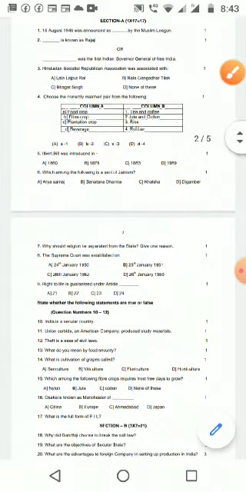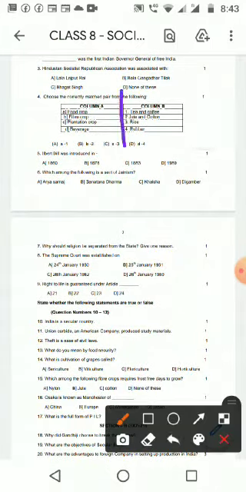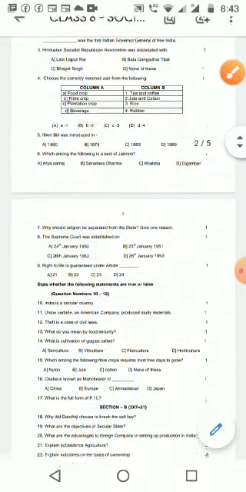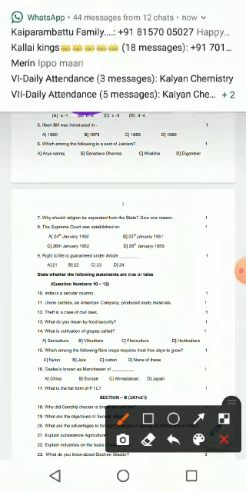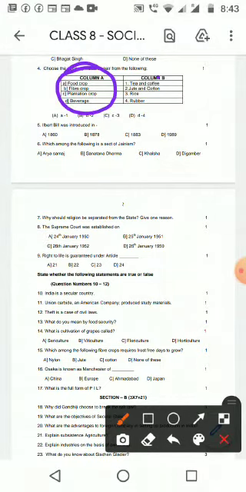Then match the pairs, you have to write both sides, column A and B. When you are writing its answer, for example, food crop, what is the food crop? Given example, rice. So you can write the answer here directly, rice. Then fiber crop, what is it? Jute and cotton, like that you can write it, according to that particular question. Column A you can copy as it is, and instead of column B, you can write that particular answer.